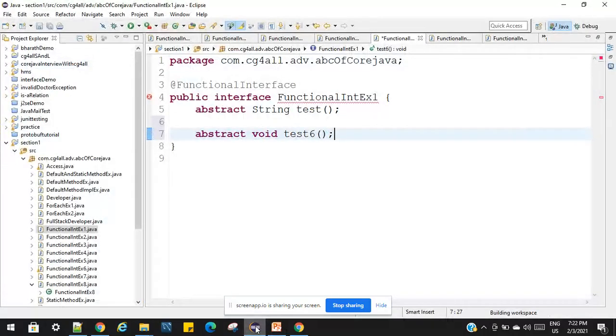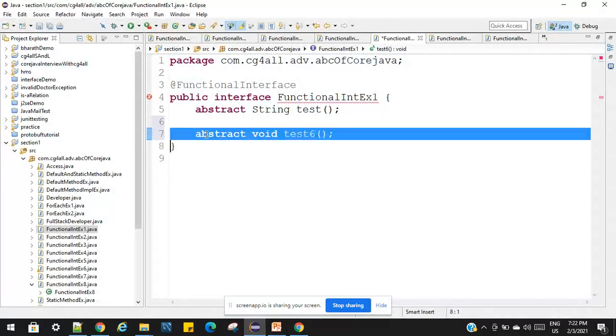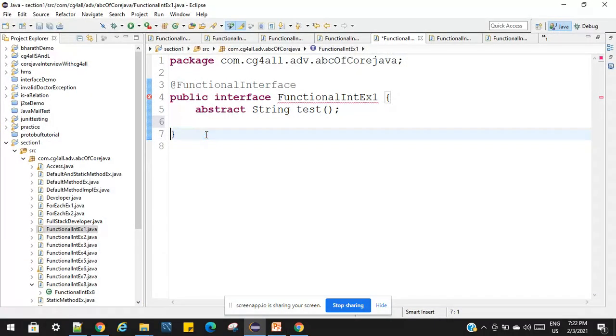So we understood that a functional interface contains only one abstract method. The next question is, can we write an abstract method in the functional interface? Yes, we can write. Can we define a static method and a default method or not? Let's understand with an example.